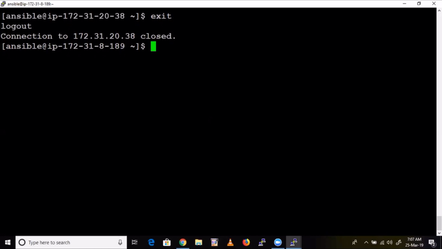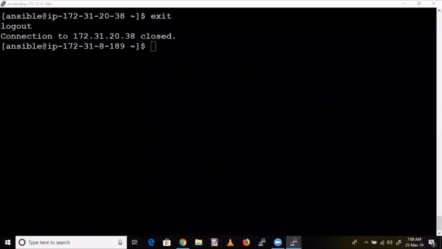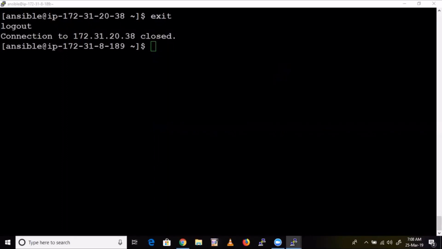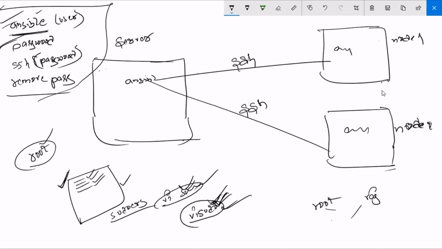Now if you want to push any code, guys, can someone please go on mute? Okay. So now if you want to push any code, if it asks for the password every time, then it won't work, right? Every time, how can you give the password, right? So what we do, we need to remove that password. Here we have provided SSH connection with password. Now we are going to remove that password. That means if you want to push any code now, it should not ask for the password of that user. Directly, you should be able to push. Okay.